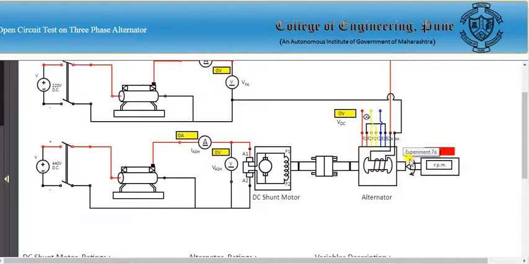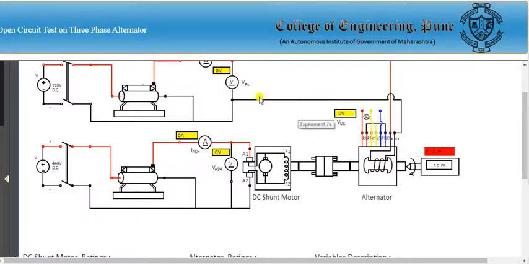This is the alternator diagram, and the shaft of the alternator is already connected with the prime mover, which here is the DC shunt motor. The DC shunt motor shaft and alternator shaft are both coupled. Here is the coupling, and the supply for the DC shunt motor is given here, rated voltage 440 volt DC. We have to click on this switch, and it will get connected, and the supply will flow through the circuit, and the DC motor will get the voltage.